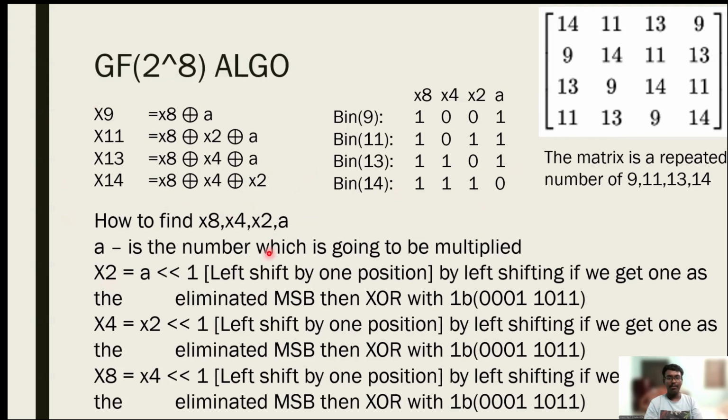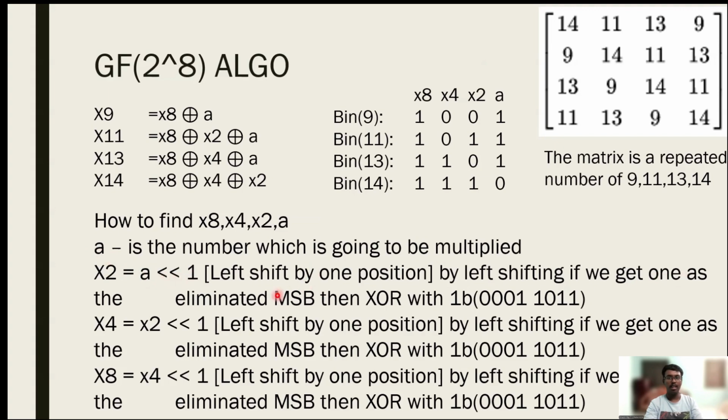Let's see what prerequisites we need for each number. If you take a number like 94, consider it as A. The basic requirements are x2, x4, and x8, which are variables we are going to derive from A. So how do we find x2? x2 is something where we left shift the value by one, and